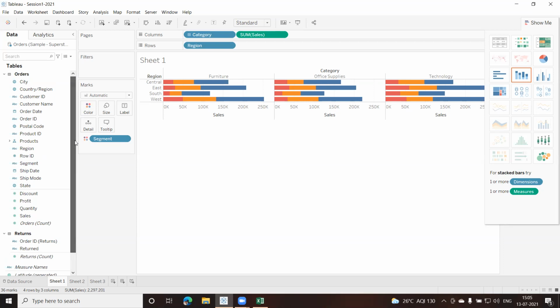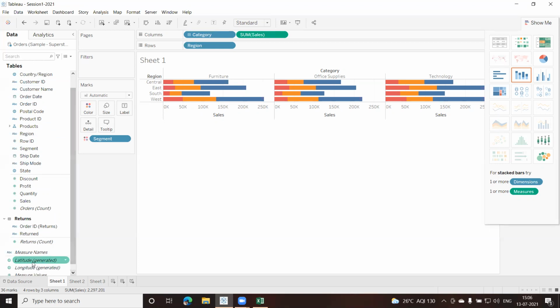Okay, the customer values. So all the fields having this globe sign. We have this state here, and city is there. So city, country, postal code, and state. For these, Tableau automatically creates the latitude and the longitude fields. So they are generated fields, and here you can see it has the icon also, the geographic dimension.